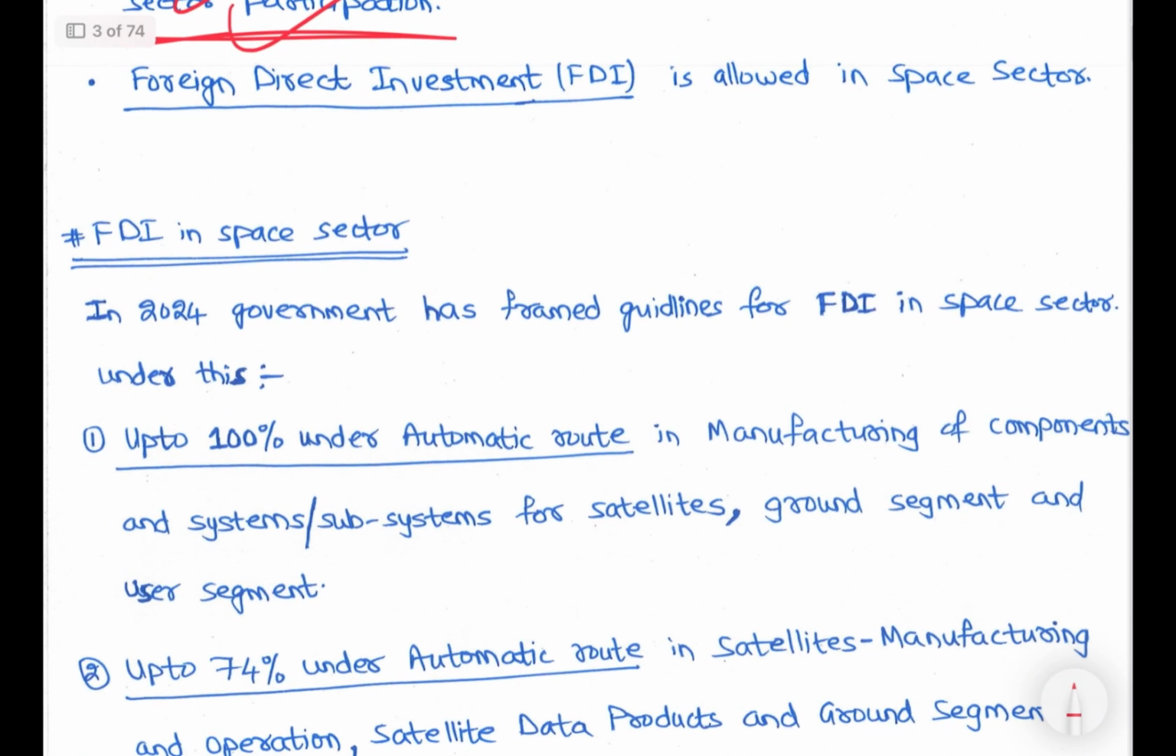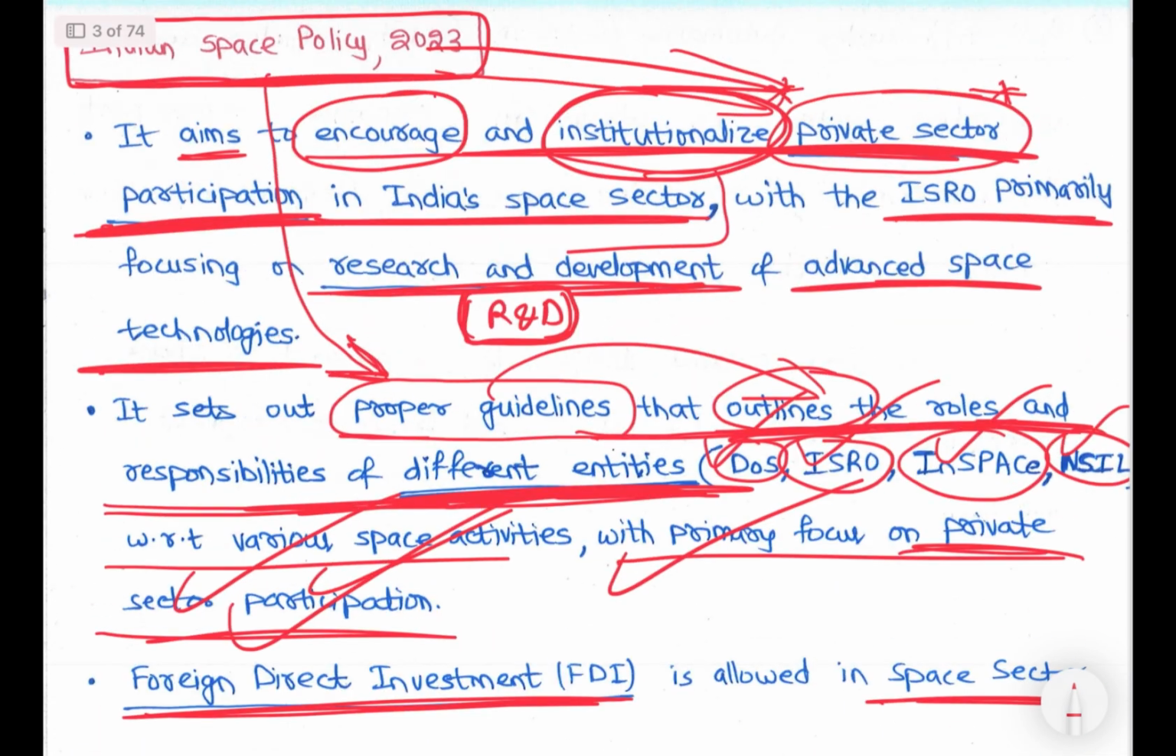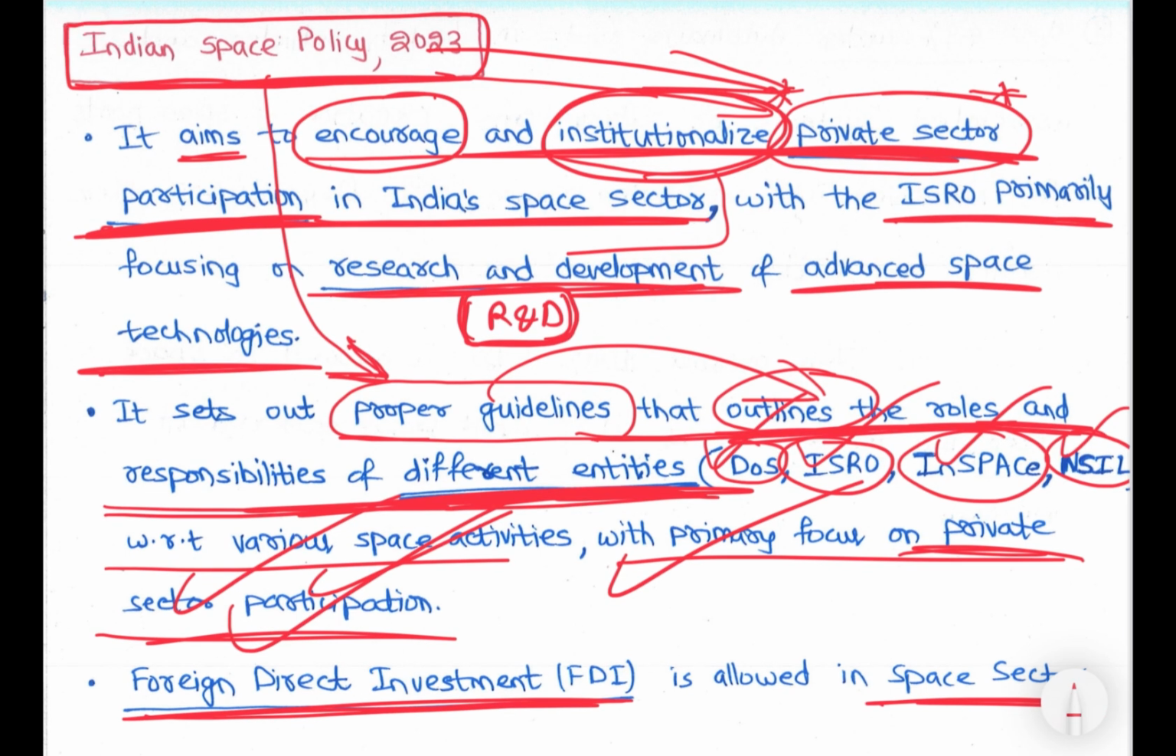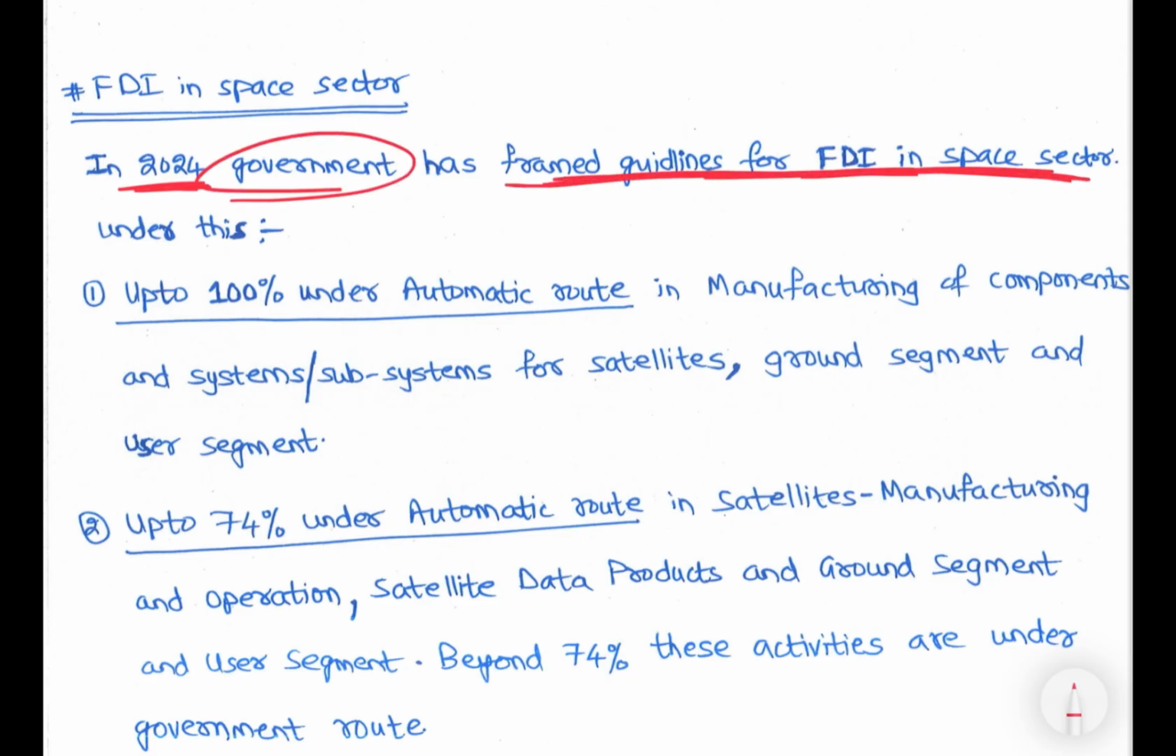Then next important is foreign direct investment is allowed in space sector. So in space policy 2023, it has talked in favor of foreign direct investment in space sector, and following that in 2024 government has brought up guidelines for FDI in space sector. See, Indian private companies can participate, and foreign entities can directly invest, right. So in 2024, following the 2023 policy, government has framed guidelines for FDI in space sector,